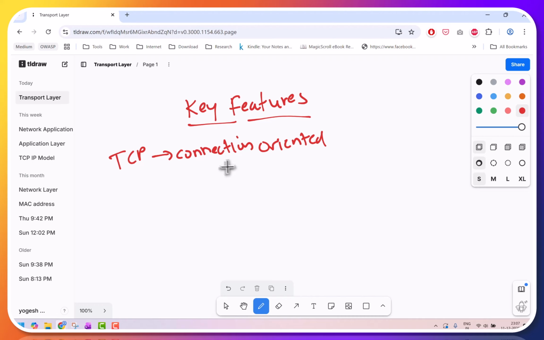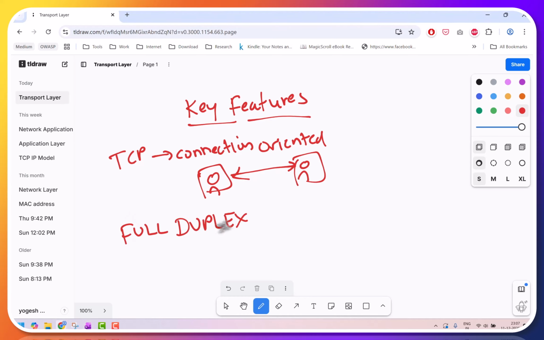So there is a termination procedure also. If these are the two hosts, a connection can be established with the help of the transport layer. So, connection oriented TCP. Then second is full duplex. So what does this mean? TCP is full duplex, which means that both hosts on the TCP connection can send messages to each other.